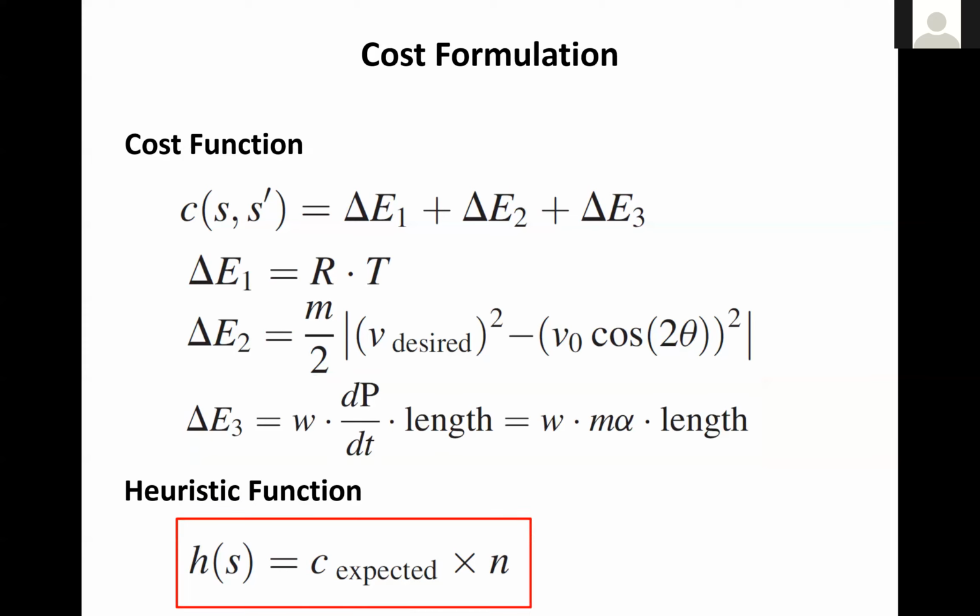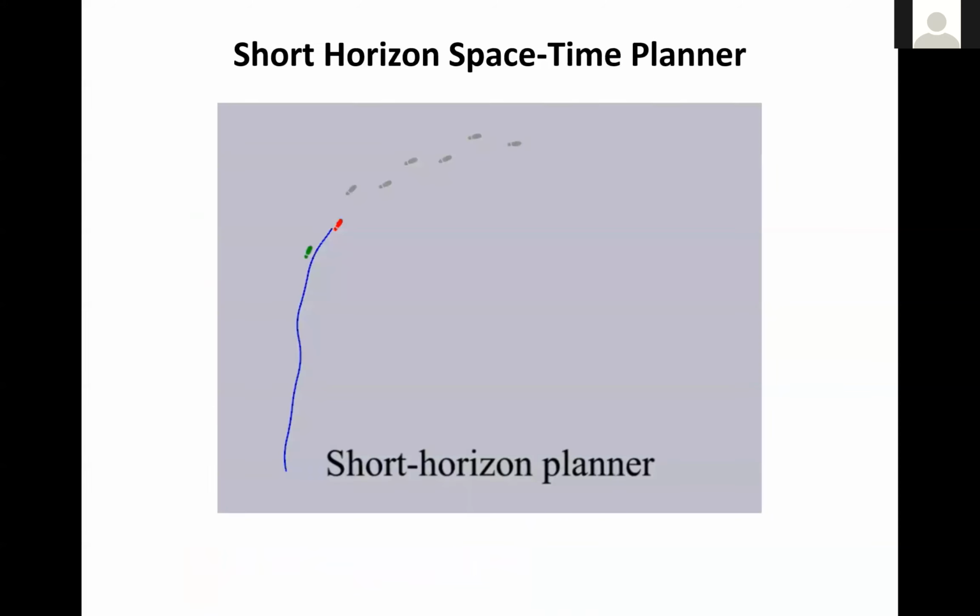Okay, and finally, we come up with a heuristic function. For folks who have taken an AI class and who have perhaps been introduced to planners like A-star, this cost function gives you the cost estimate of taking a specific footstep. We further want to anticipate the total predicted cost of reaching a particular destination, for example, of taking n footsteps. So we have an admissible understanding of the heuristic of taking n steps into the future. And this is not an accurate estimate, it's very much an approximation.